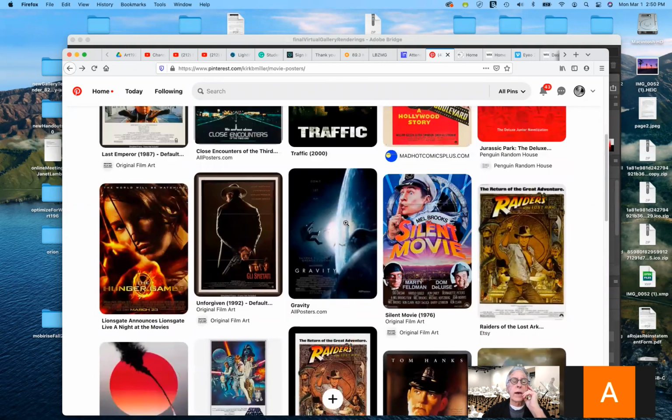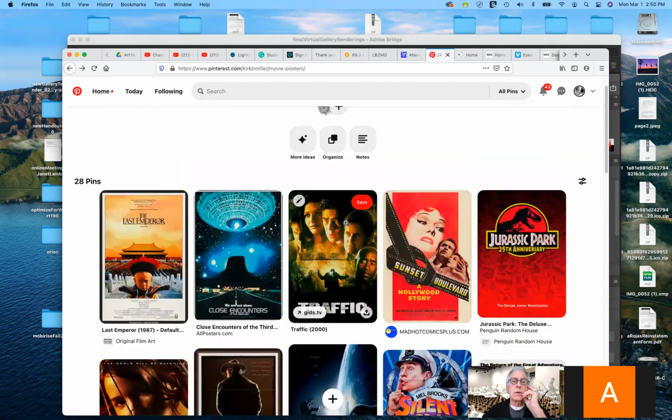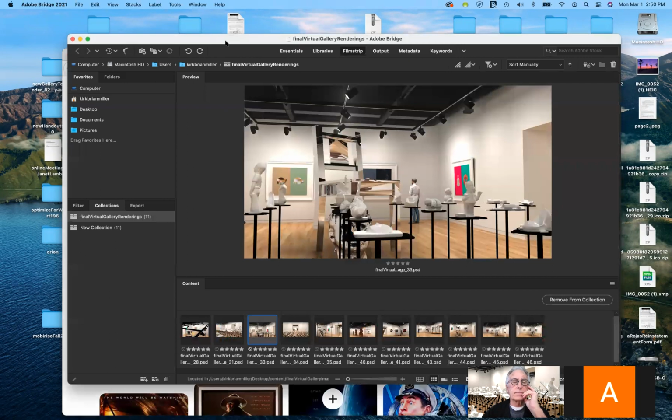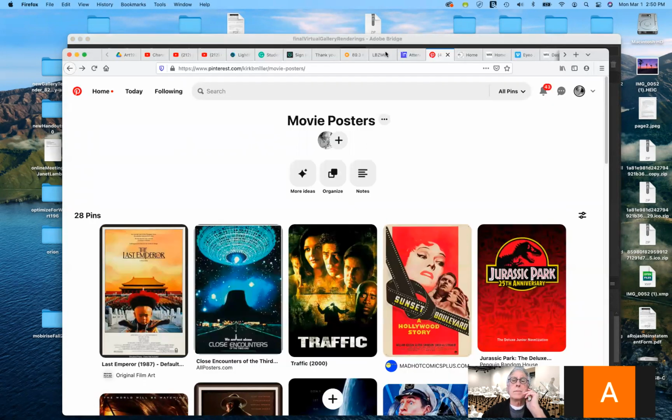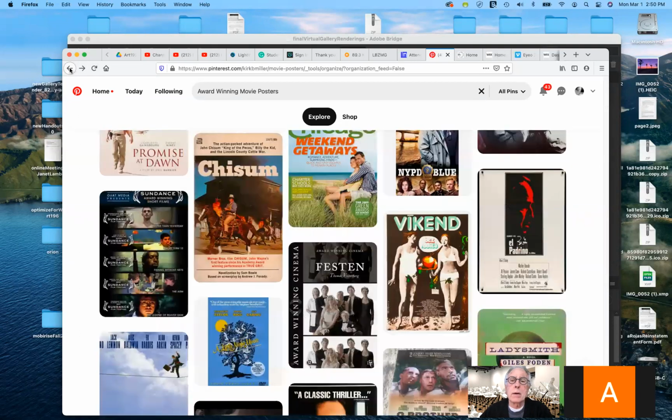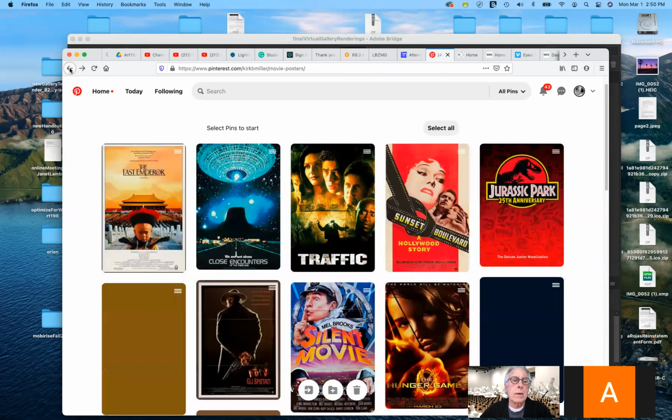So we have all of these movie posters that you're free to look at. Let me see if you can get access to them on my website. My apologies. So let's go back here. I need to go back.